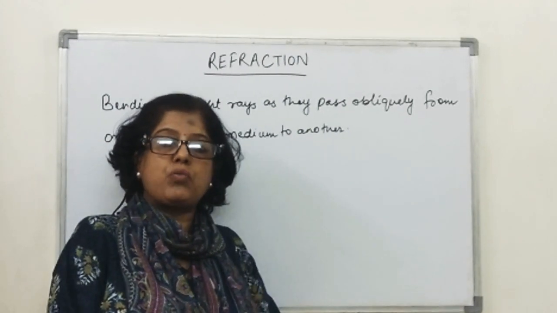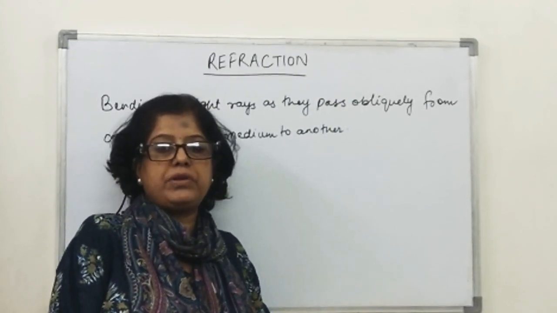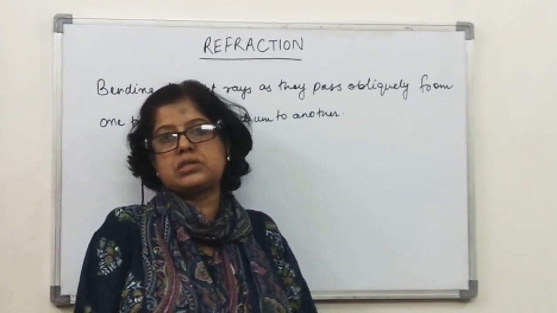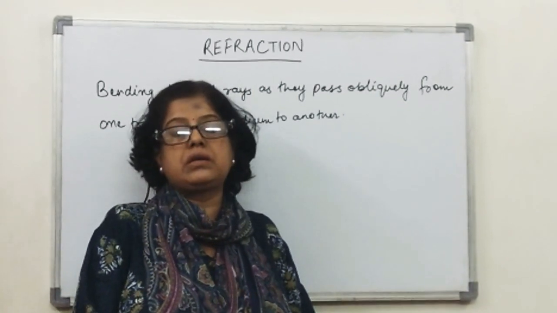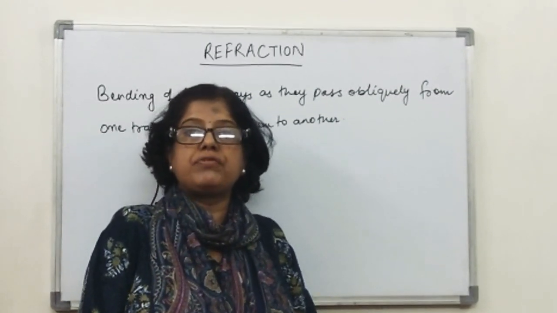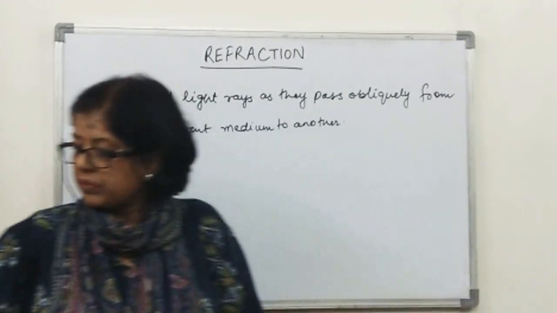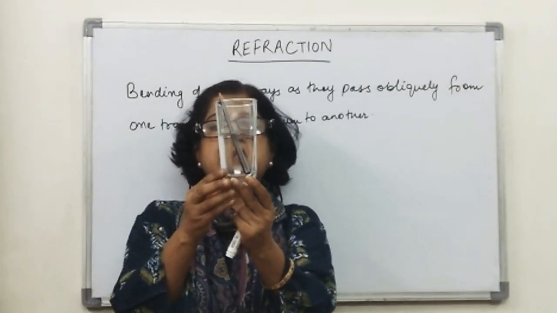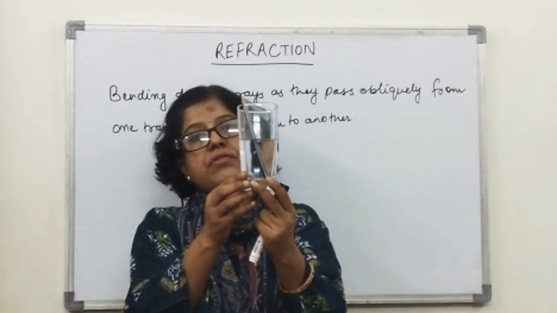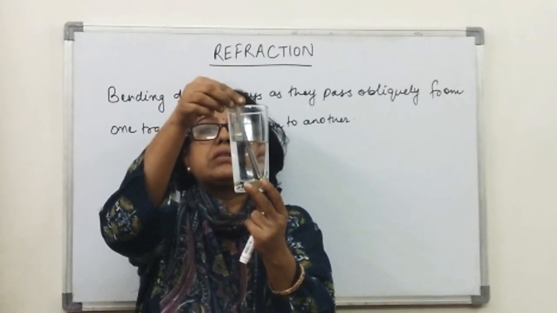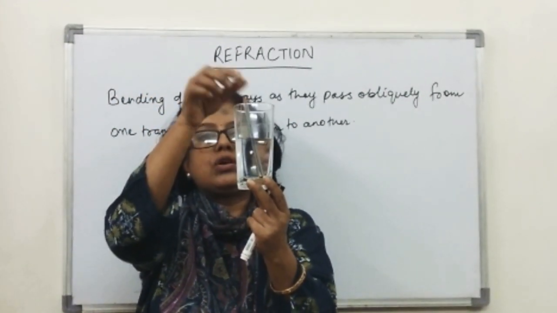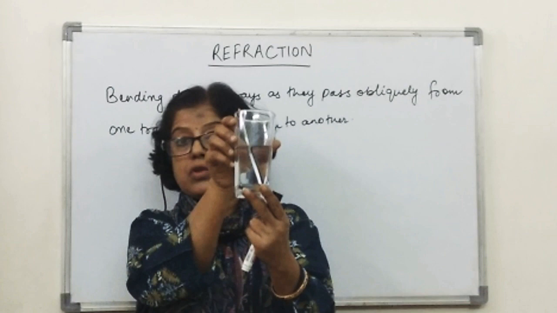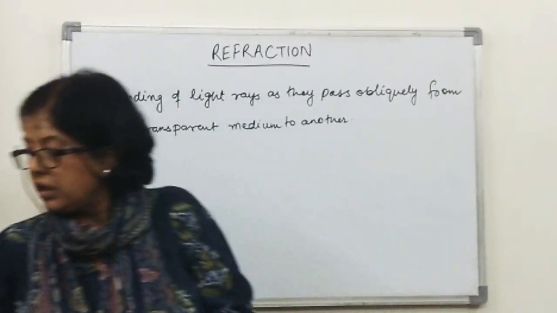Now why does this happen? Why do light rays have to bend as they go from one medium to another? Now before discussing that, there are so many examples from daily life. A few you just saw. There are many other examples in daily life which we see because of refraction. You just saw that a pencil, when it is dipped in a glass of water, appears to be bent, as you can see right now. These activities are very simple, you can do them yourself at home and witness it. You take a pencil, put it in water, the portion which is in water appears to be bigger in size. This is happening because of refraction, and why this is happening we'll be learning today.